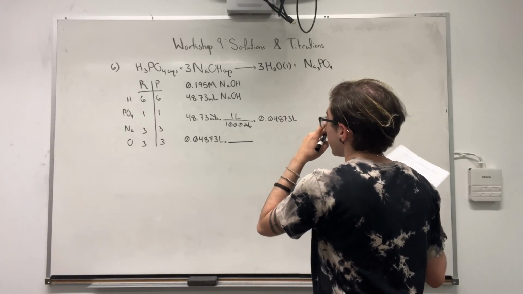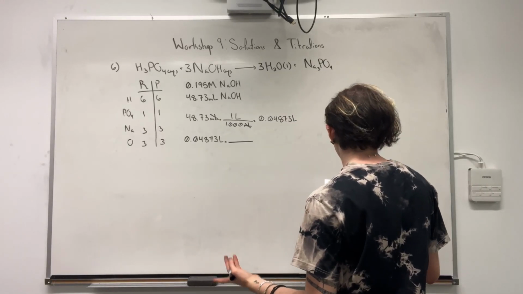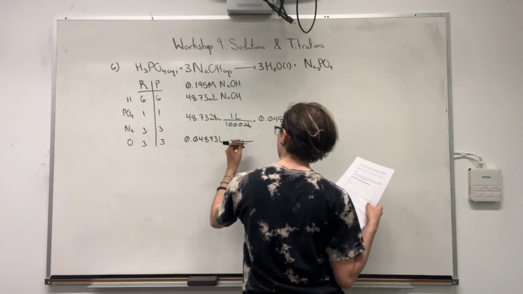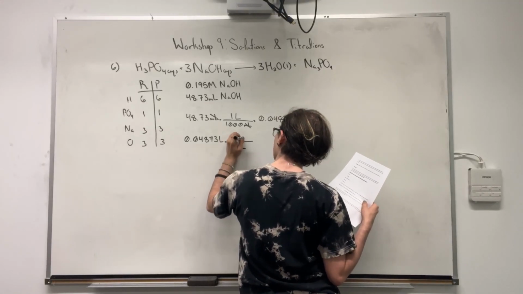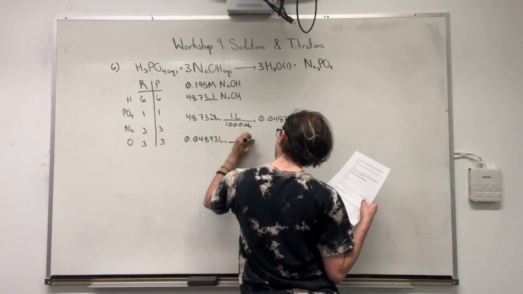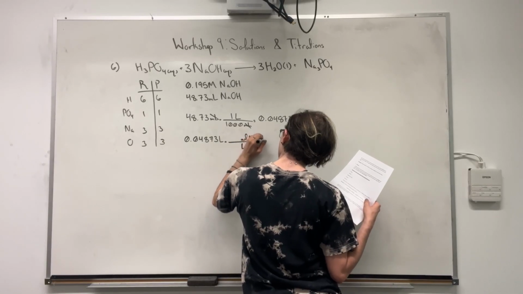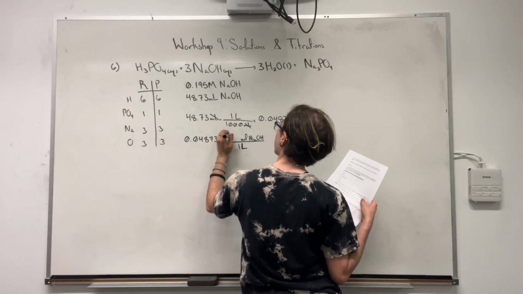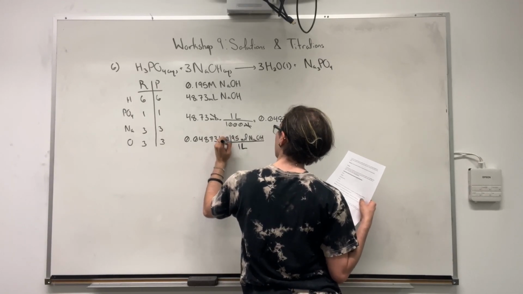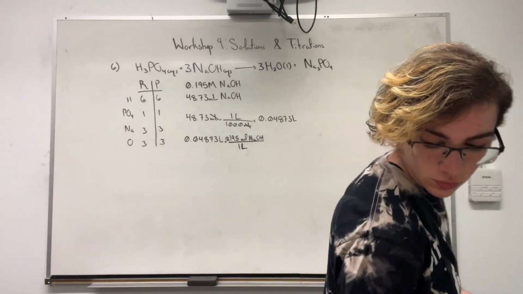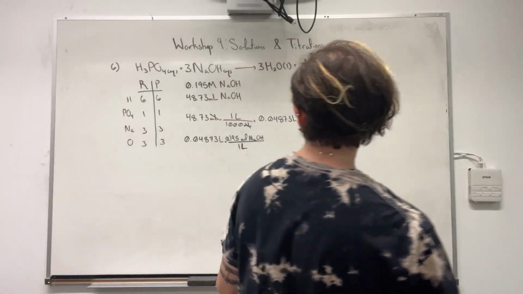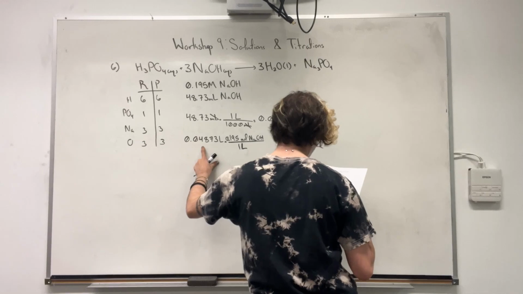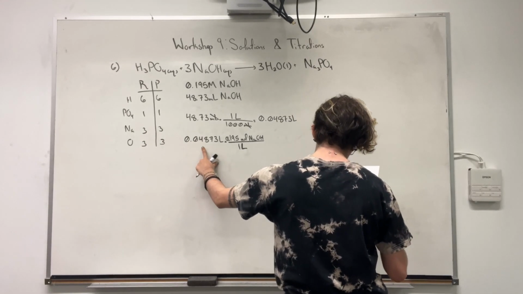That is the same thing as saying 0.195 moles per every 1 liter. We are currently in liters, so we want liters in our denominator, moles of sodium hydroxide in our numerator. For every 1 liter, we have 0.195 moles of sodium hydroxide, which means that for this 48.73 milliliter solution, we have